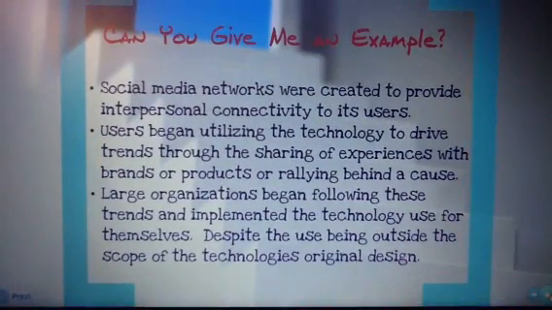Can you give me an example? Absolutely. An example in today's world could be social media networks. The original design of these networks was to provide interpersonal connectivity to users. Users began utilizing the technology to drive trends through sharing of experiences, good or bad, regarding brands or products, or